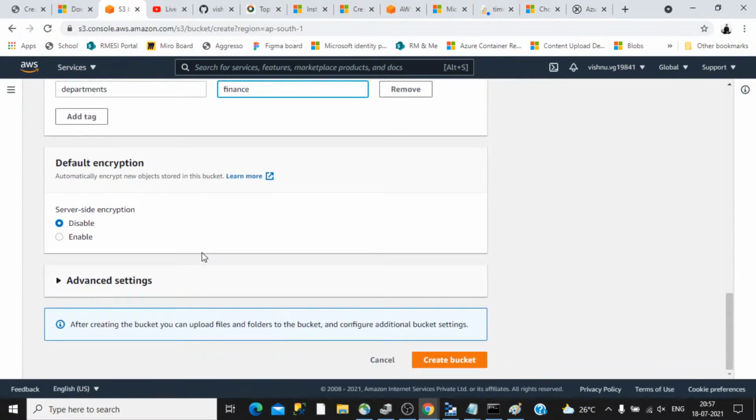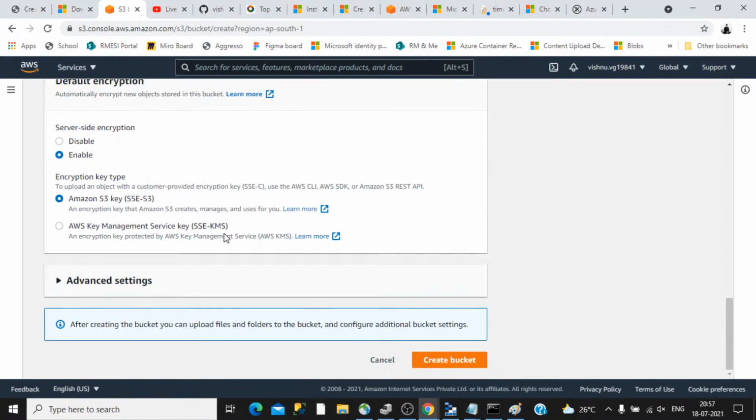Then encryption is another important thing to be aware of. Your data should have encryption at rest, so that no other person will be able to access that particular data directly. So you can enable that here. There are two provisions here. One is to use the Amazon S3 native option for encryption, so that Amazon will automatically provide all of those things. An encryption key that S3 manages by Amazon is used. So Amazon provides that key and automatically rotates it and handles all of that behind the scenes.